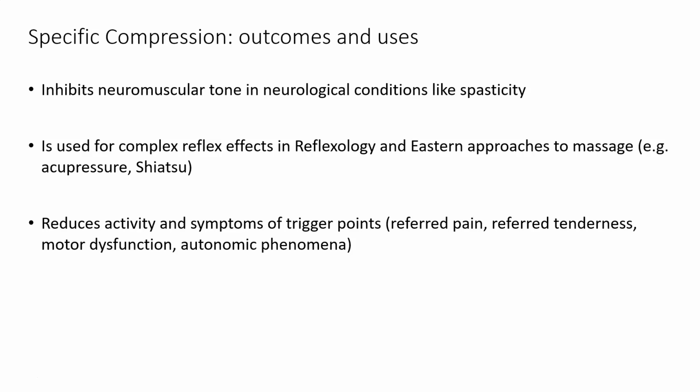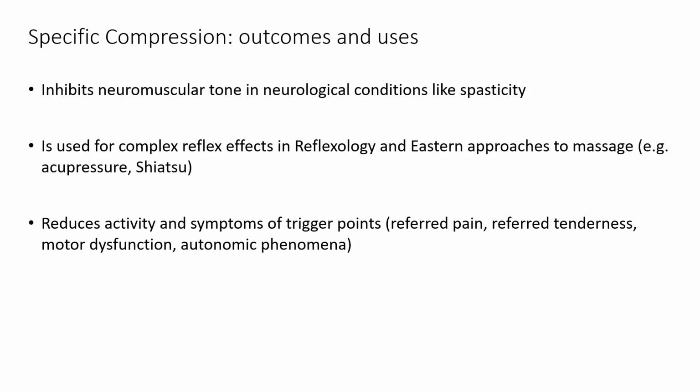You can use these compression techniques to lower the tone and possibly open up a hand or get a foot in an appropriate position and so forth. It's also used for complex reflex effects in reflexology and Eastern approaches to massage, such as acupressure